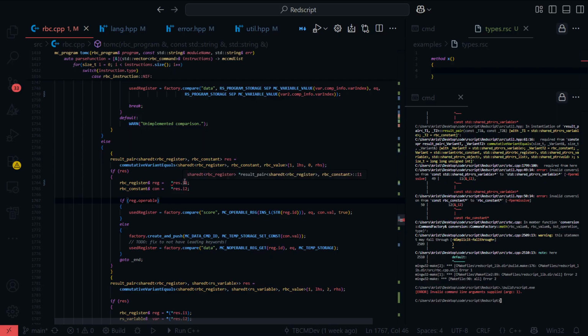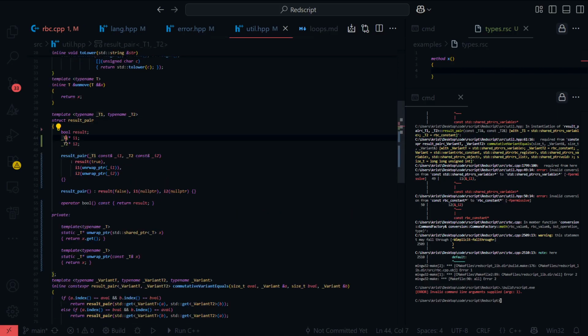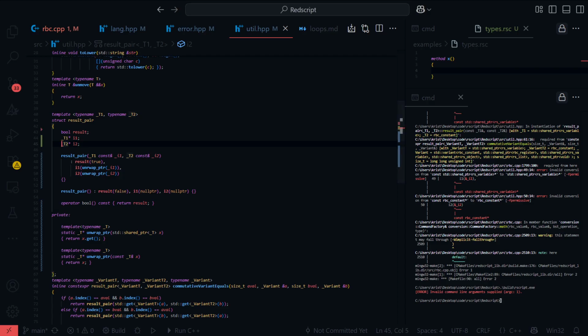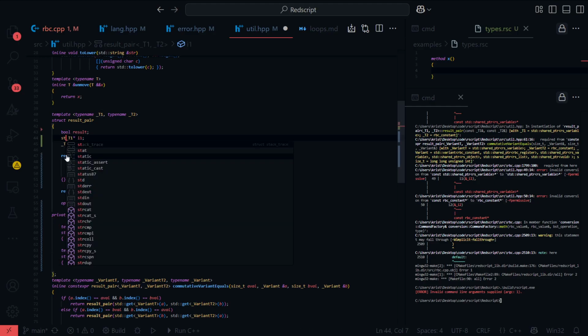Shared pointer, RBC register. See, it still thinks that's... Oh, for the... See, there's a problem now because T1 and T2 are the shared pointers. So we have to get rid of that, and that's what GPT did. You gave it a reference, so you need to take its address. Oh, thank you, yeah. But here, I need to remove the type.